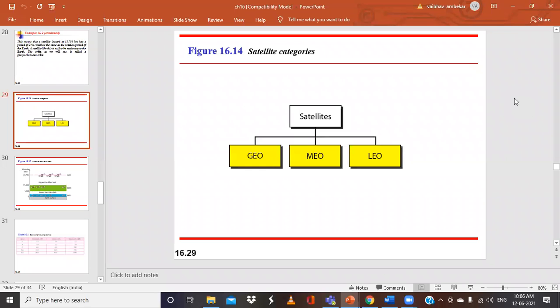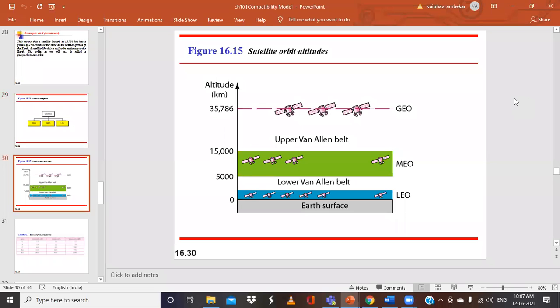So let us go ahead and study the different categories of satellites. From the study point of view, we'll be studying their characteristics, their basic features, and their applications. The pattern is going to remain the same, and accordingly we will be studying it. These are the three categories of satellites: the geostationary orbit, the middle Earth orbit, and the lower Earth orbit. Let us study these one by one.